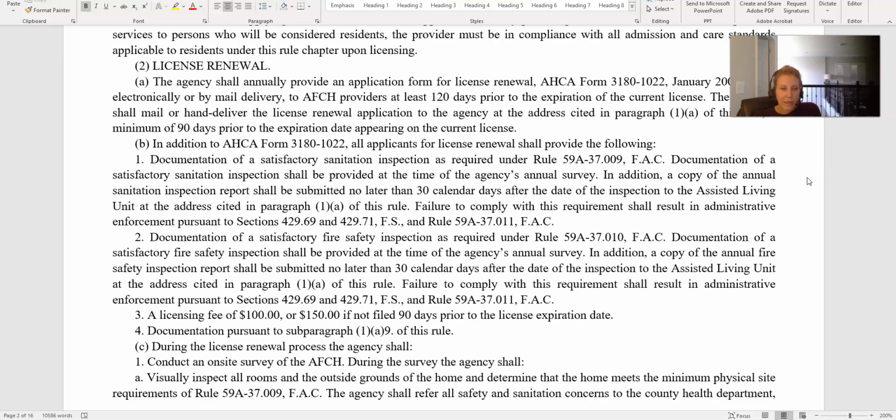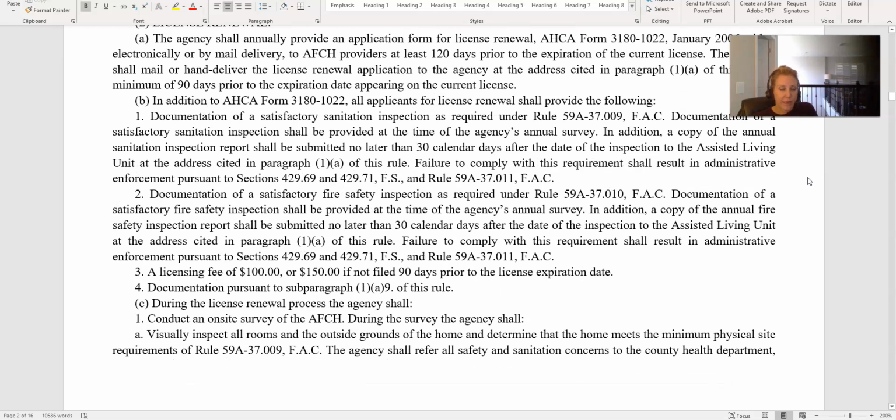B. In addition to the ACA Form 3180-1022, all applicants for license renewal shall provide the following. Number 1, documentation of a satisfactory sanitary inspection, which is the health department. And keep in mind, when you're requesting these inspections, sometimes they don't come out right away, so you need to plan for that too. Documentation of a satisfactory sanitary inspection shall be provided at the time of the agency's annual